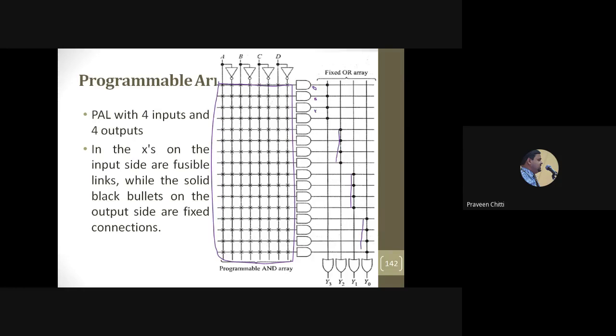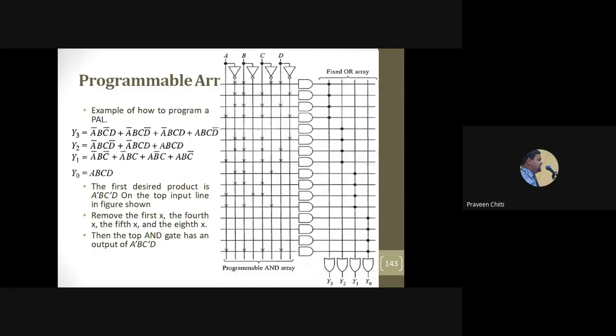Now in this, you can see, whatever expression I want for y3 is, for example, A bar, B, C bar, D, and I have taken some example accordingly. You can see here the first term of y3 is A bar, B, C bar, D. That I have obtained here. So I have to put the dot here. Similarly, the second term you get from the second, and get the third and fourth,